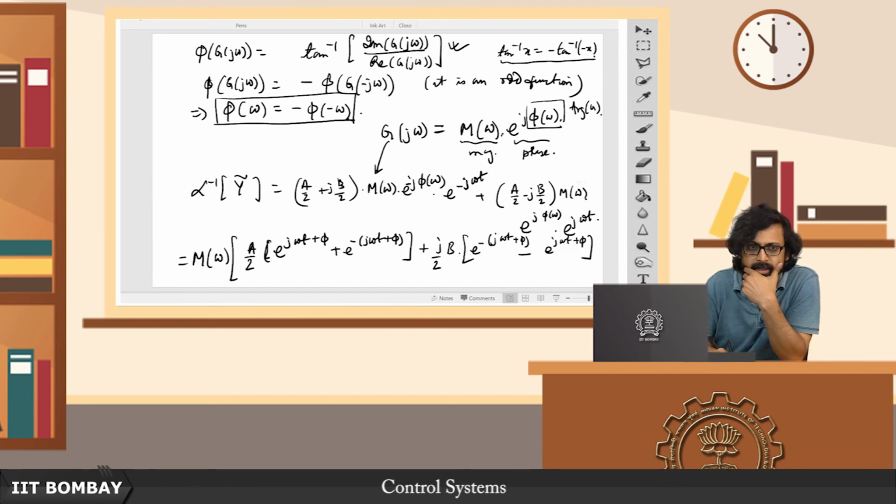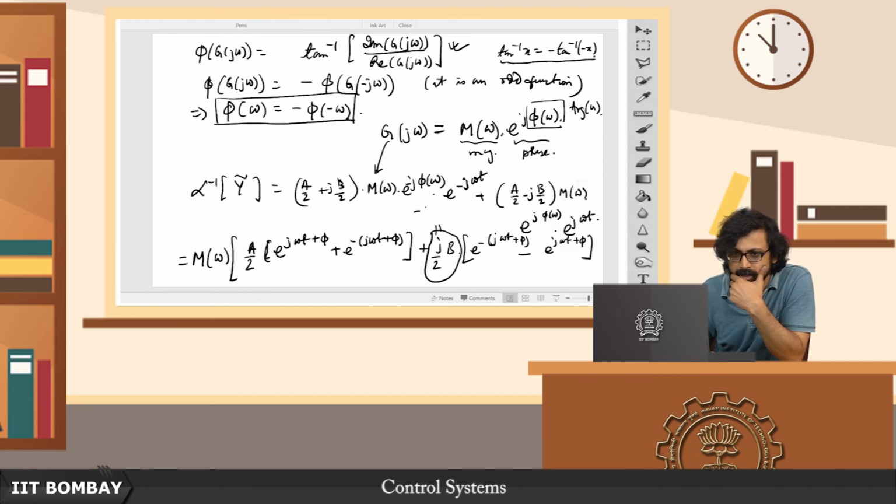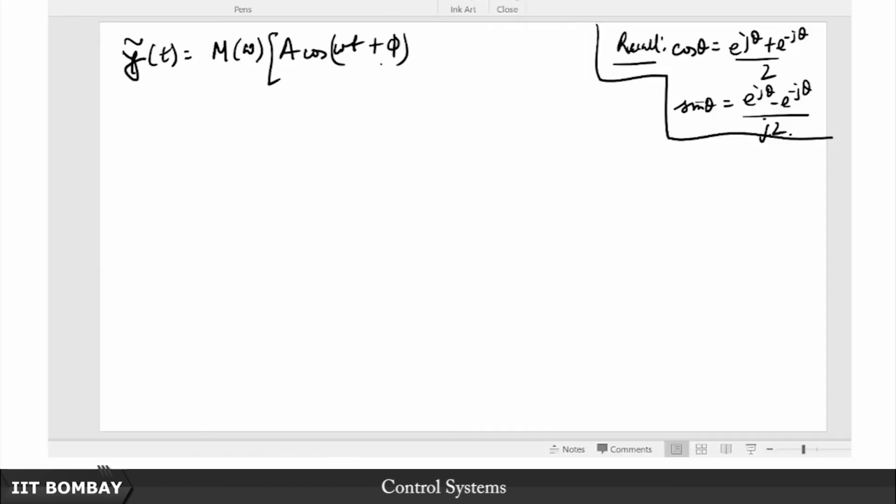So what I am going to do with this is I am going to replace this term with minus b upon 2j. Again I am going to multiply above and below by j. If I multiply above by j, it becomes j squared upon 2j, and j squared is nothing but minus 1. So I am going to replace this term. Then I push this minus sign inside, so this becomes a plus and this becomes a minus. So in other words, what we will then have is